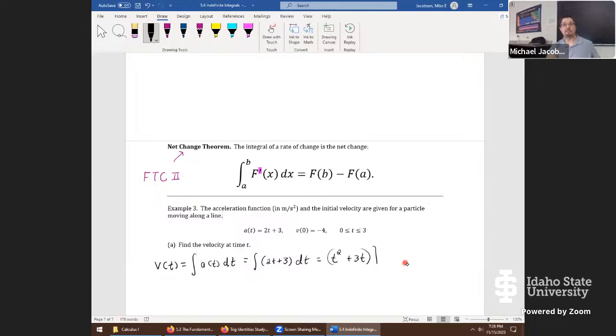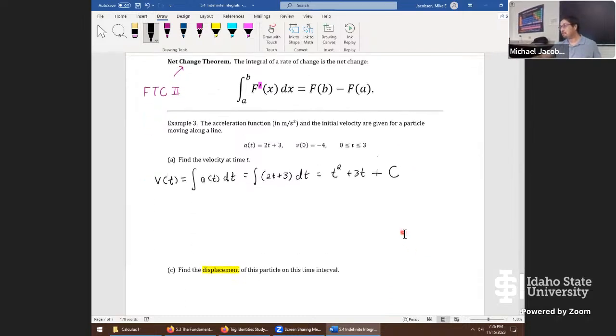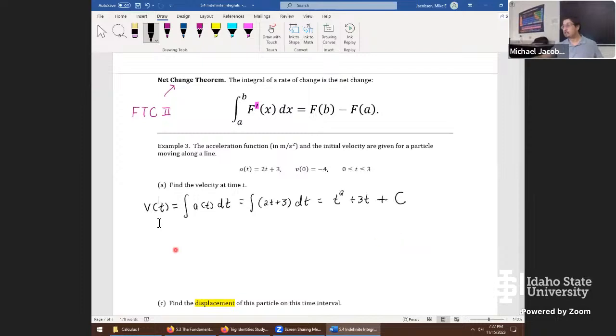So I think I got a little bit mixed up on this thing. We're going to take that whole entire result, and I think I need coffee even though it's late, and add an arbitrary constant of integration. Somehow, some way, I forgot it's indefinite halfway through the problem. Does that look all right, folks? Getting back on track? Okay, so once we have that result there, well, we found the velocity at time t,